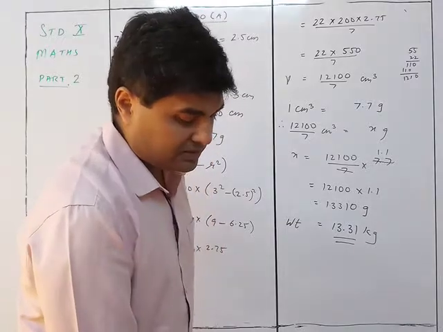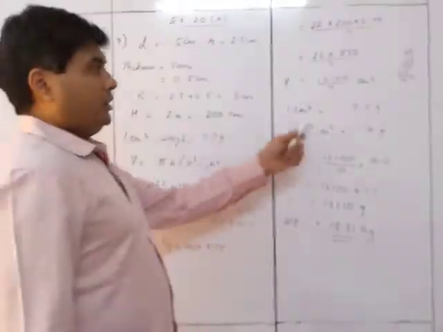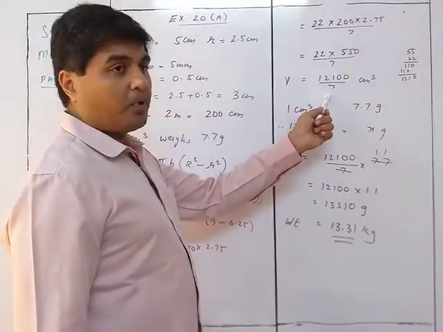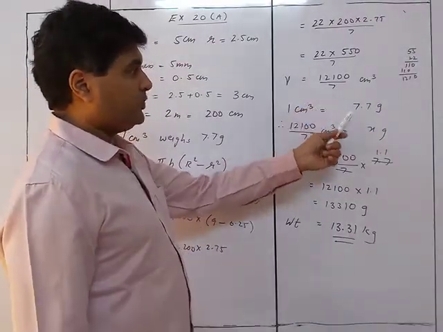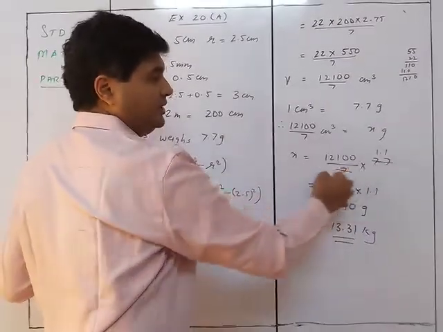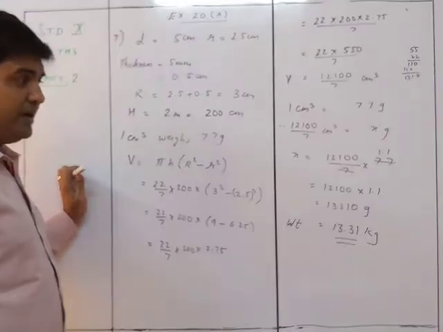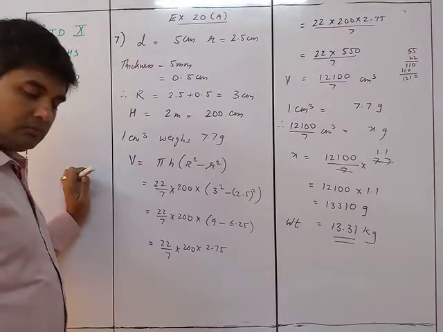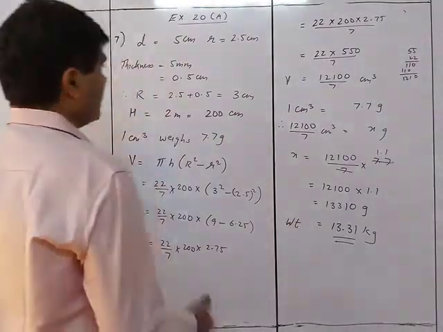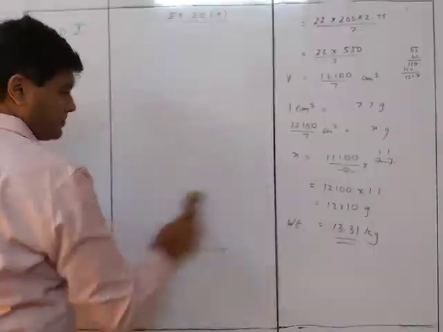That's sum number 7. Understood? We did not find out in decimal points just because I knew that this is 7.7, so anyway 7 will get cancelled. So no need of any such calculations. Okay, we move on to sum number 9.